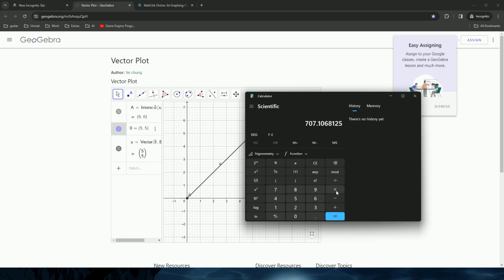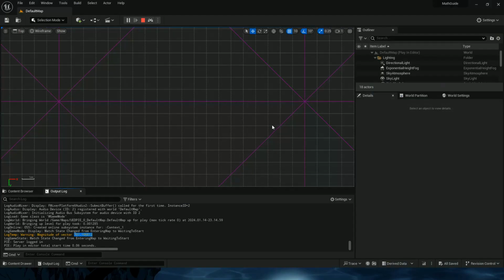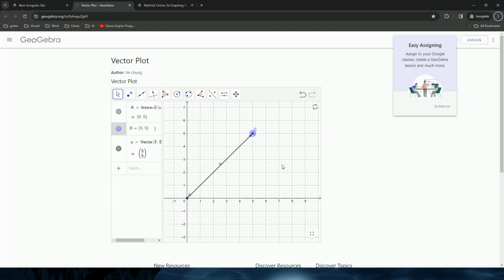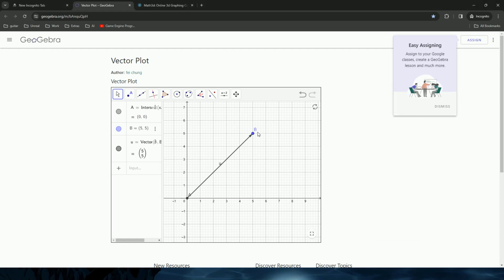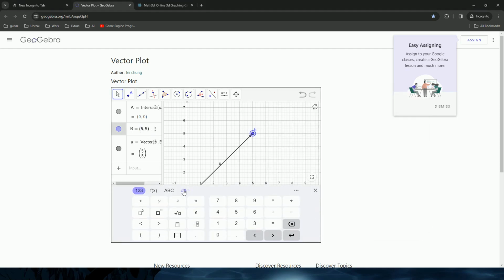So we will divide 5 by, what was the value again? 7.07, which will be equal to 0.7. So if I make a vector, look carefully, 0.7 comma 0.7,